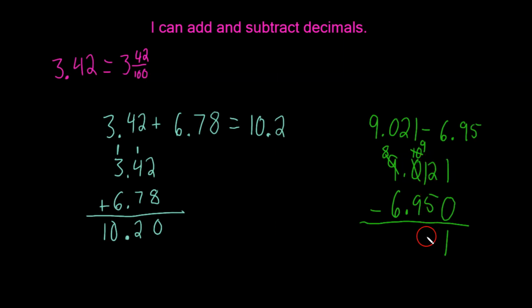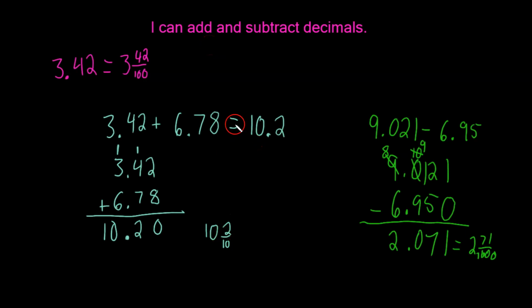12 minus 5 is 7. So now we'll look. 9 minus 9 is 0. And 8 minus 6 is going to be 2. So our answer is going to be 2.071, or 2 and 71 thousandths. Okay, so